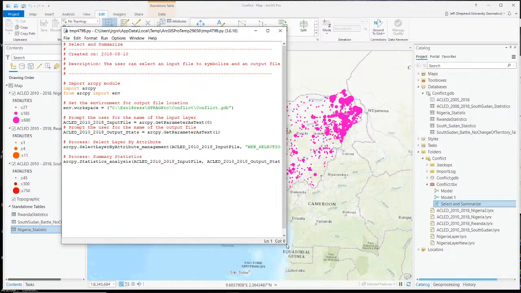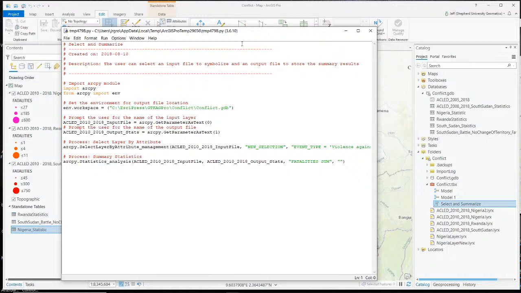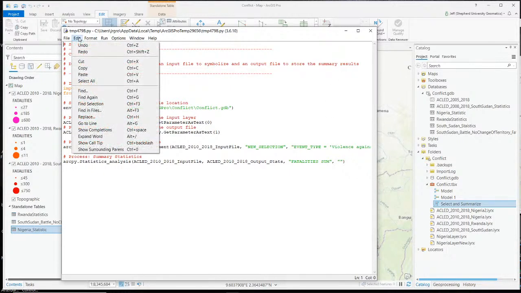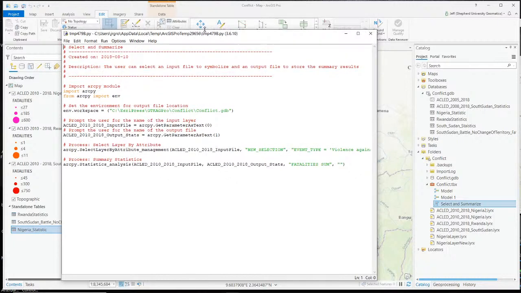But the source of the error was it appeared that this script was composed years ago, and then they updated it with a newer version of the text. But what happened was this variable name right here. When it's getting an input file from the user when you run the script, it's storing the name of the input layer as a variable called ACLED 2010-2018 input file, and then that information is passed to these functions down here, which actually carry out the